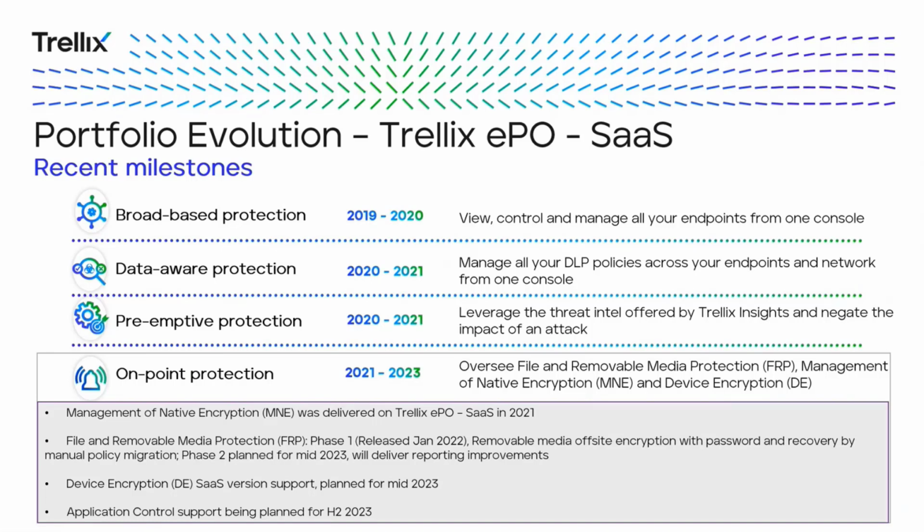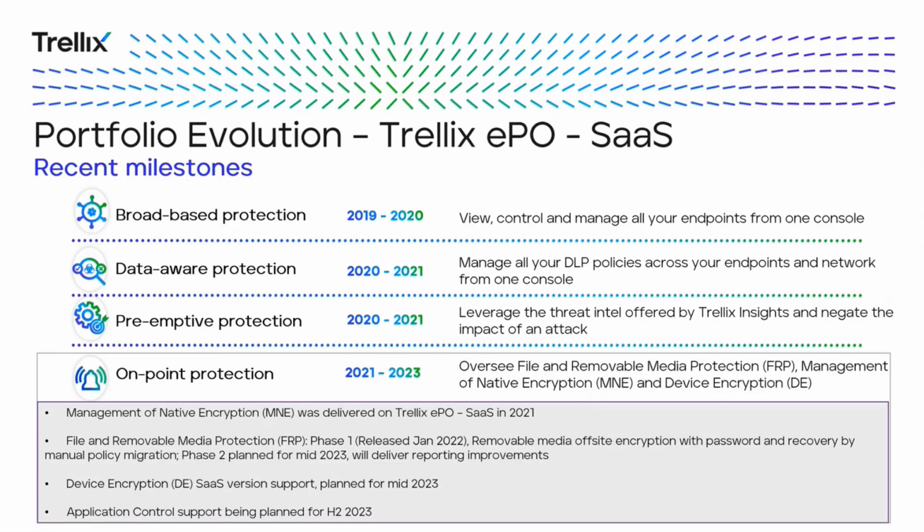So on-prem did get all the bigger improvements that we have been giving. It's not that it has been left behind. So that is something that was the evolution from an intel perspective, threat intel coming through Trellix Insights. Now, in the last couple of years, 2 or 3 years, from 2021 over to 2023, we have also started focusing on the encryption portfolio and other products. So by that, what I mean is native encryption, the file and removable media protection, and then the device encryption,